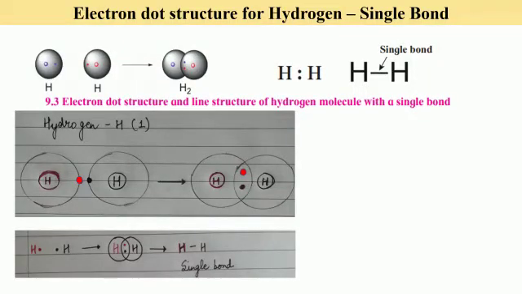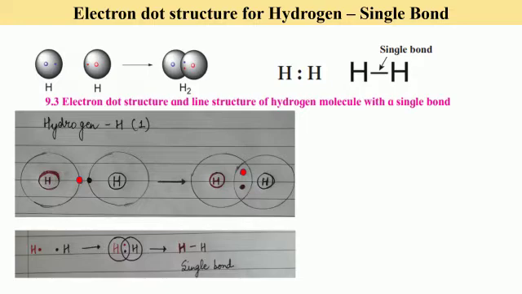In our yesterday's class, we had studied about covalent bond, and we defined a covalent bond as a chemical bond formed by sharing of valence electrons between two atoms. So when the valence electrons, or the electrons present in the last shell of the atoms, are shared, the bond so formed between the two atoms is a covalent bond.